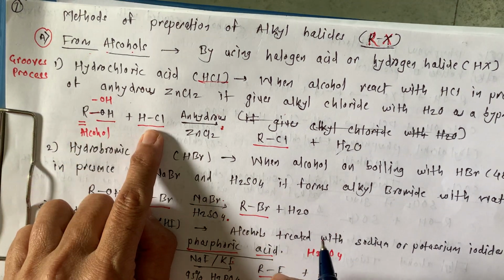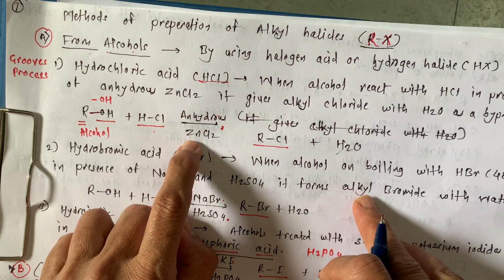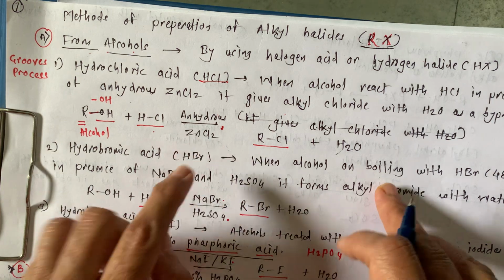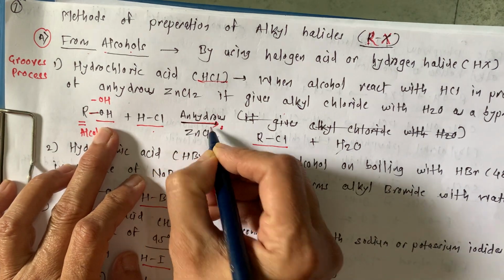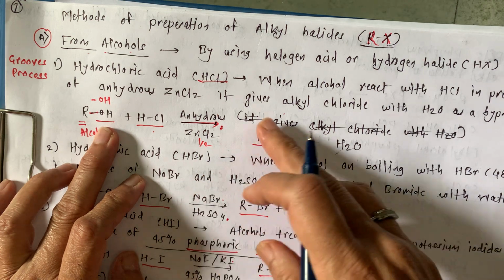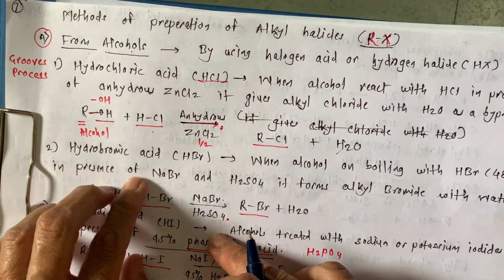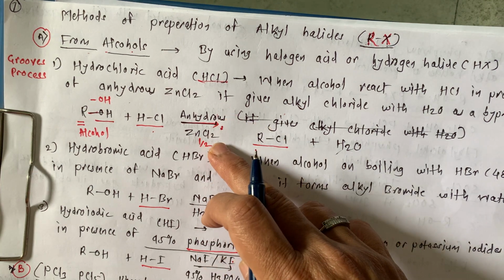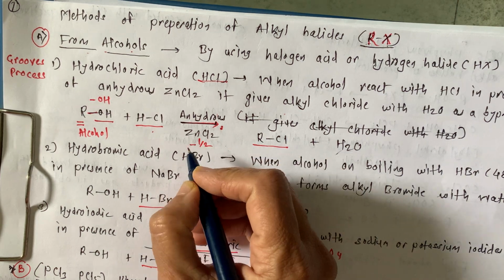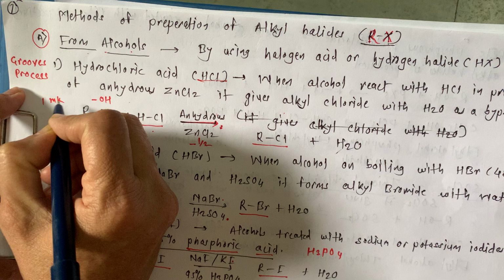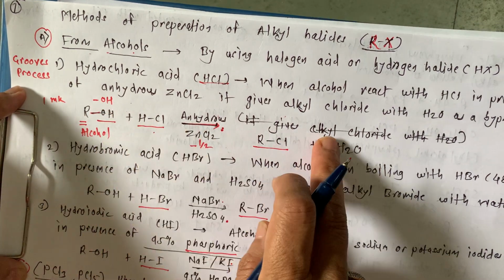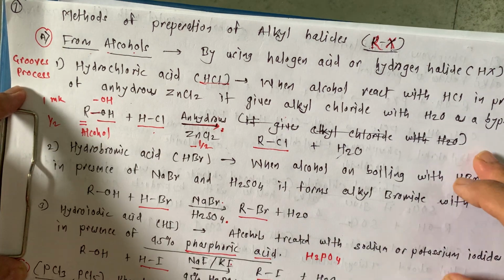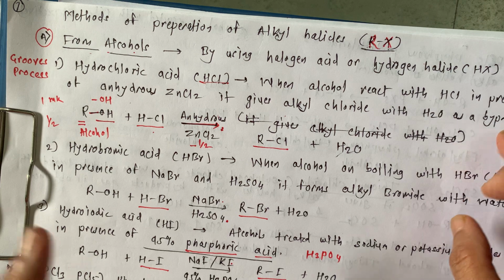Now let's see one by one. This alcohol is treated with hydrochloric acid in presence of anhydrous zinc chloride. One more important thing is that for all these reagents, we have to write them on the arrow, because they carry half mark in the board examination. In our HSC board examination, these reagents carry half mark. If you do not write the reagent, there is minus half. So if the reaction is of only 1 mark, and though reactant and products are correct, if you do not write this reagent, then you will get only half mark. Remember this thing. So you have to remember the reagents very well.